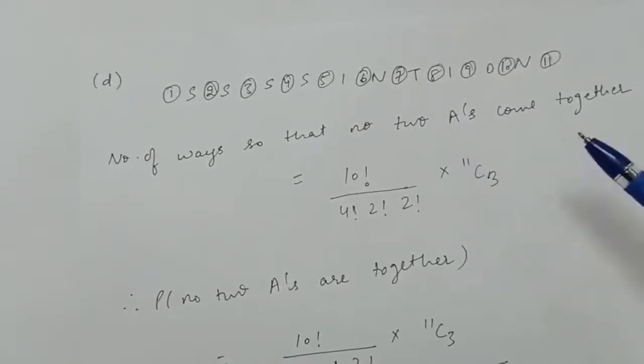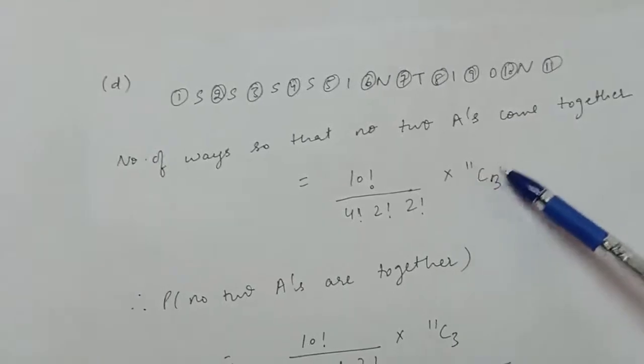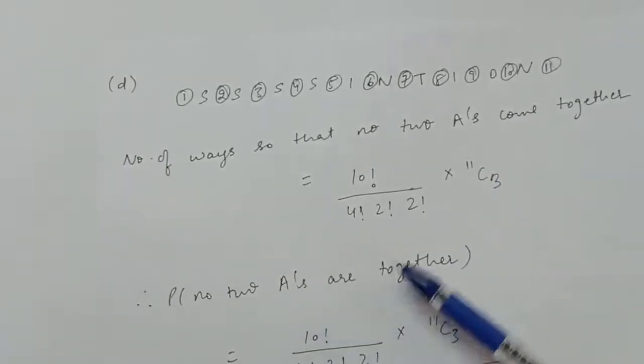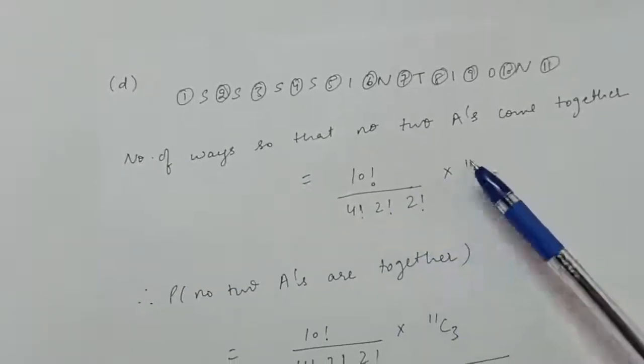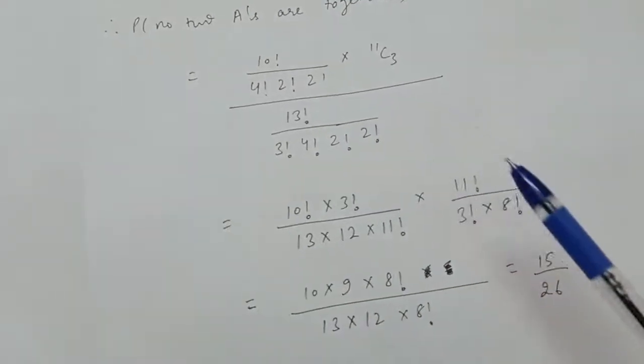There will be no permutation, right? Therefore I am using C here, right? So the probability that no two A's are together, these are the favorable outcomes. Total outcomes we have already calculated, which is this. When you solve it, you will get the answer as